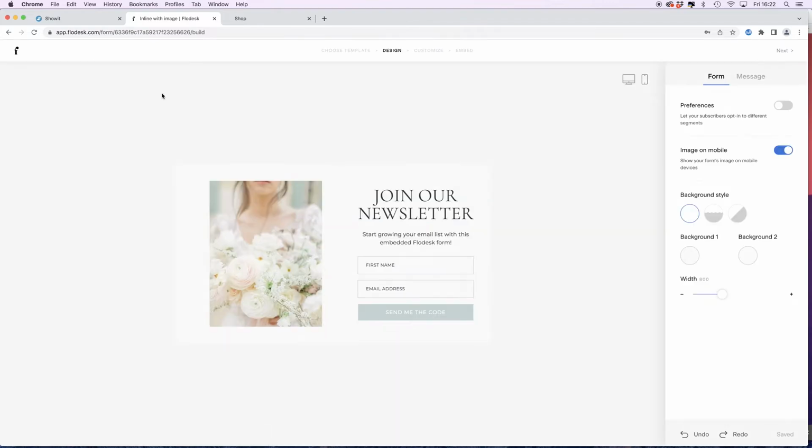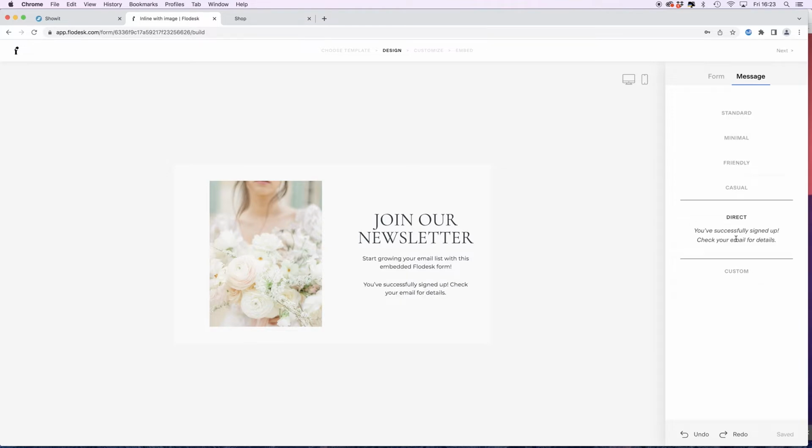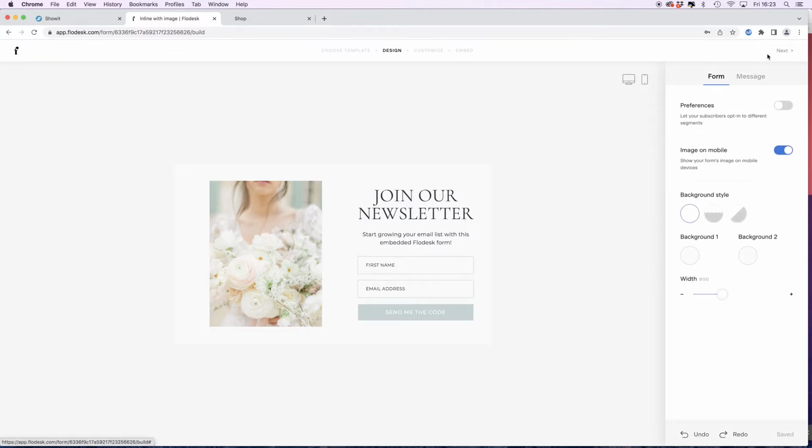Okay, so the other thing you want to check is the message. So when someone signs up, which message do you want to show there? Now you can redirect to another URL, to another page, or you can select one of these confirmation messages, or here you can write your own. So you can type your own. I'm just going to take this one for now. I think that's good. Okay, now that our design is ready, we're going to hit next,